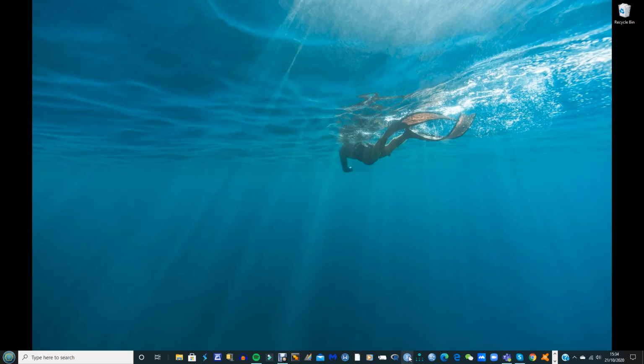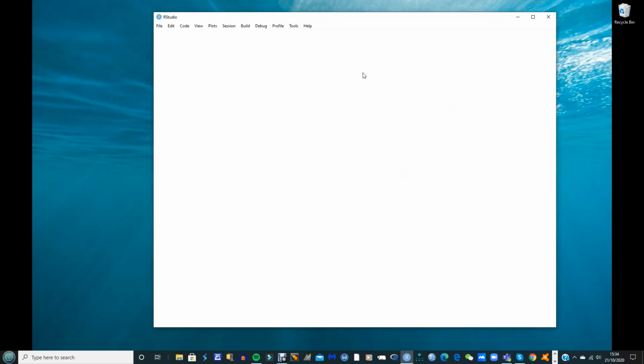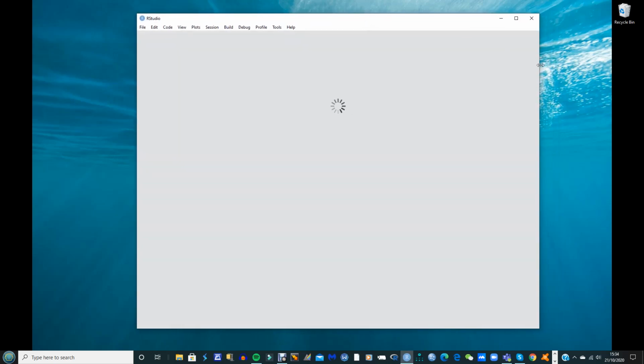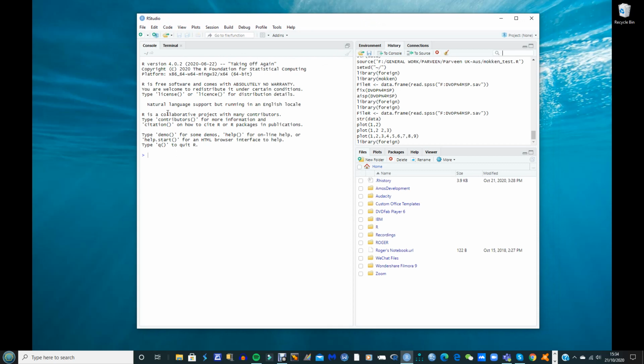Now, I always use RStudio as opposed to R. It gives you this view with the console here. That's just exactly the view you get of R when you use the straightforward R package. It's got a useful section here which records your history. You can have other tabs open here, and also the files that you want to work on should show up down here.